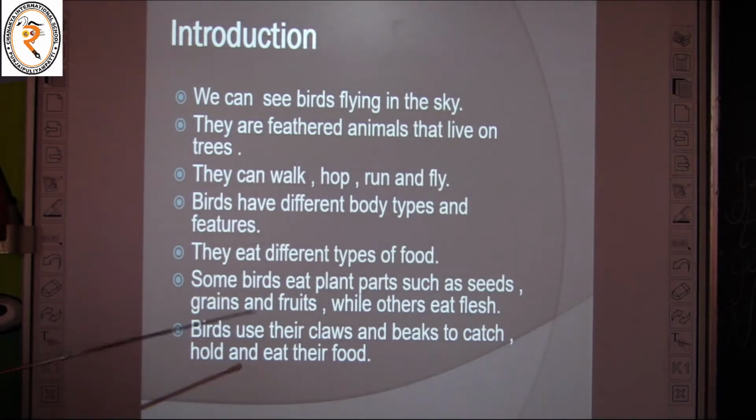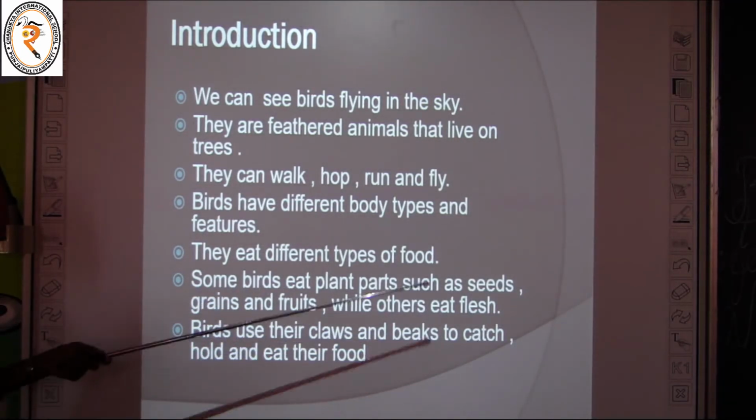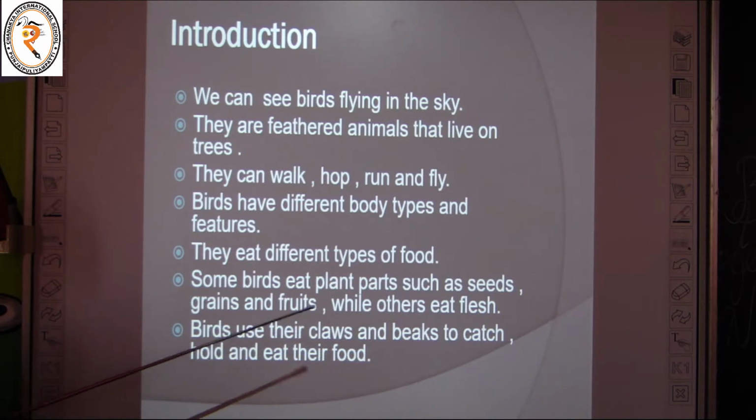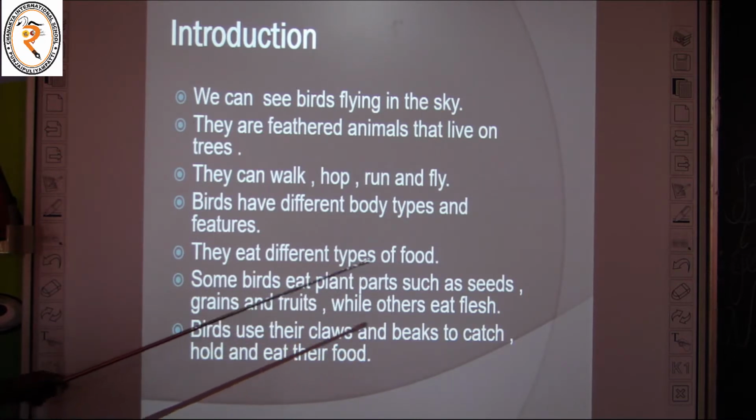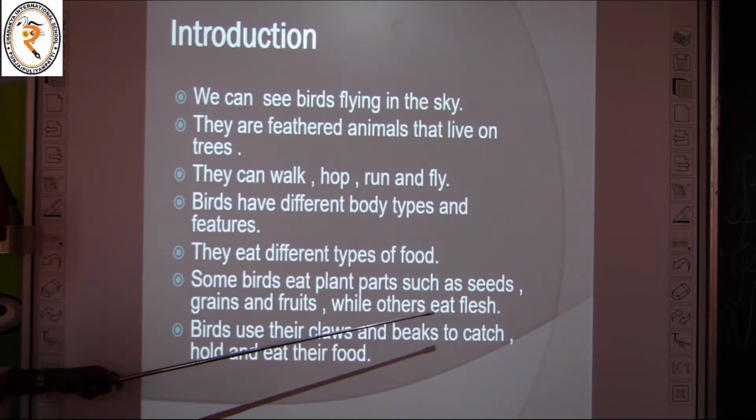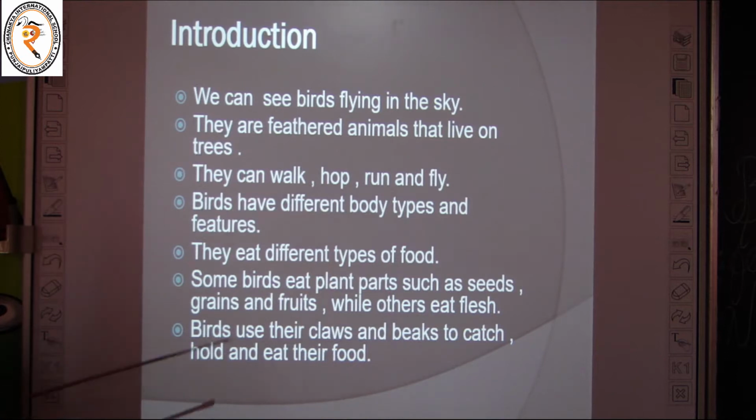Birds use their claws, their toes, and beaks to catch, hold and eat their food.